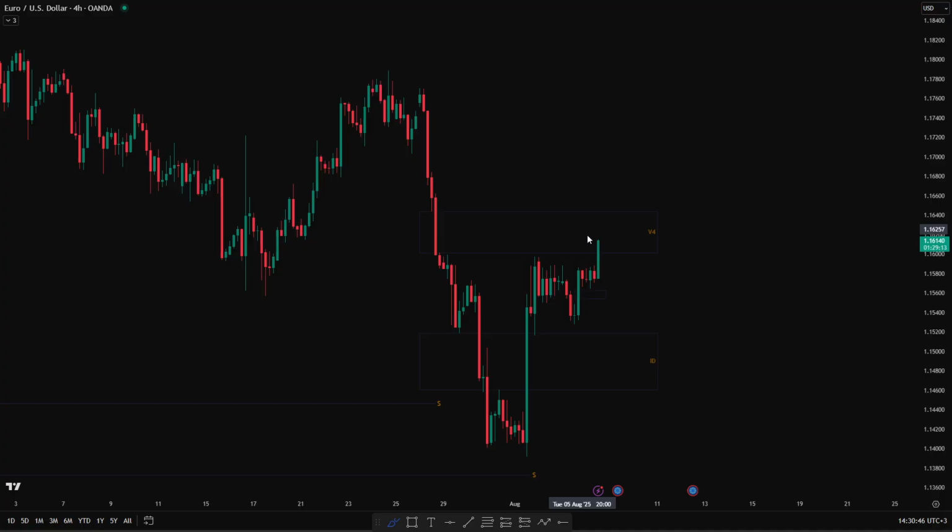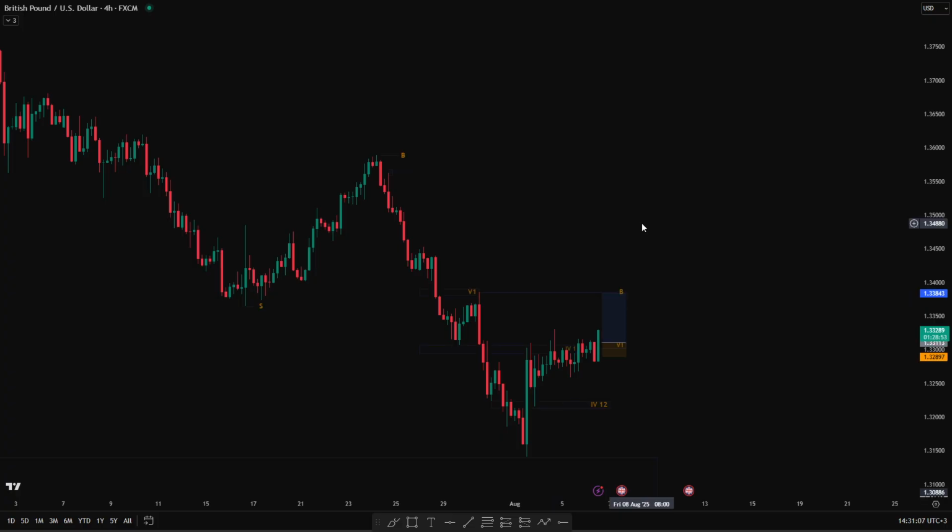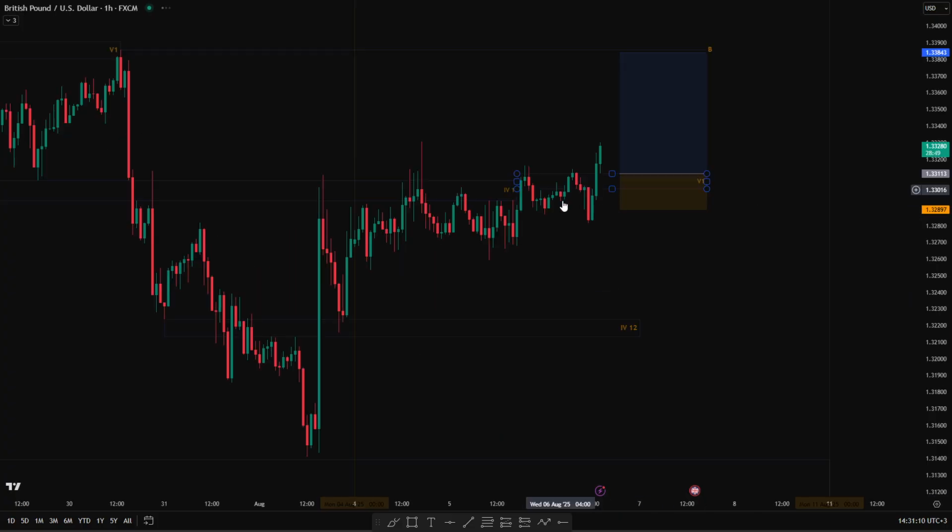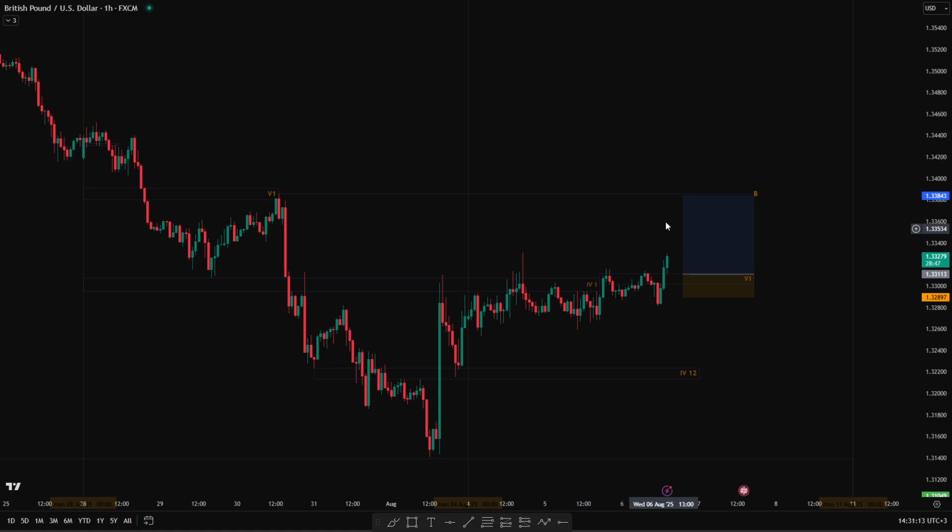If I'm bullish on GU, I still want to see that EU is bullish because those two pairs are highly correlated with each other. So after EU closes this candle on H4 time frame, it will give us more confirmation that price is bullish. So we usually use this correlation between EU and GU because they simply move almost the same. So again, this is the structure on GU, very plain and simple.